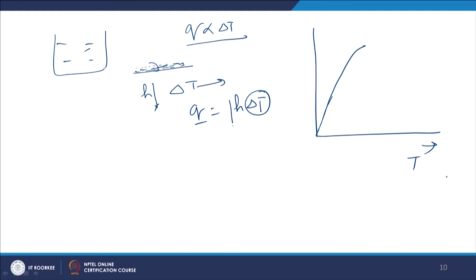Okay. So, the H goes down drastically, this increases delta T, and delta T may increase up to such an extent that the surface may burn out. This flux is known as critical heat flux. Burnout means the surface physically burns out, and if this happens in a boiling water reactor, the fuel will come out and get mixed with the coolant, and this will lead to a very dangerous situation.